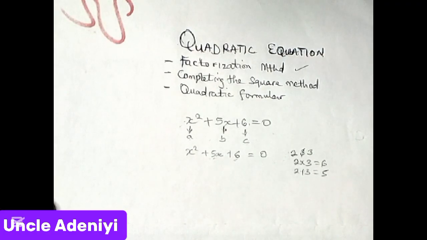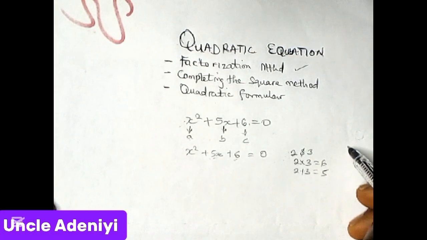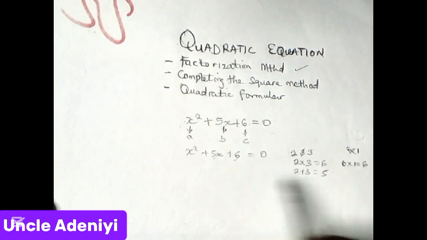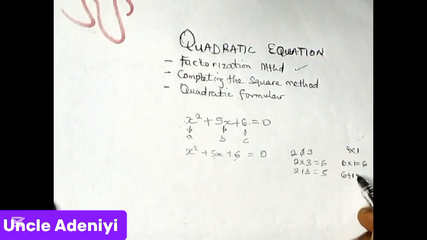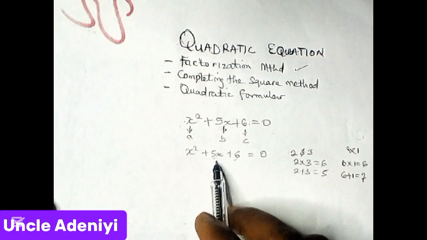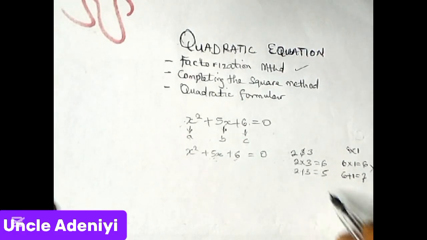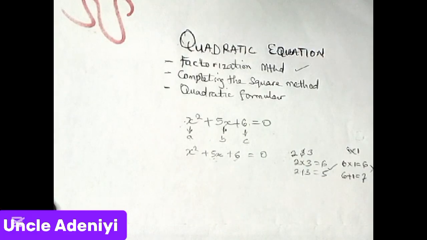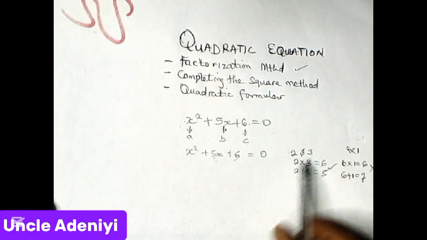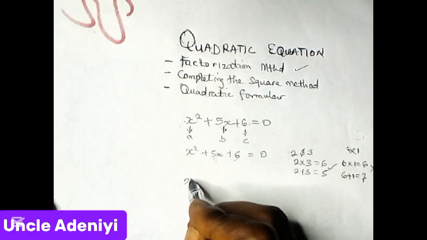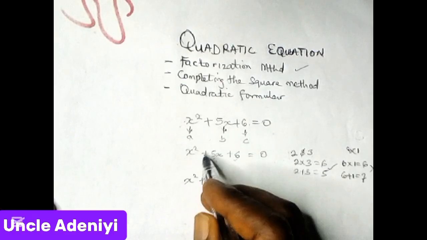Maybe you want to say, okay, 6 and 1. 6 times 1 will give you 6, that one is okay. 6 plus 1 will give you 7, but it is not 5 that we are looking for. So this one is wrong. Now this one is correct. You understand what I am saying? So 2 and 3 we will use. So you write s squared plus